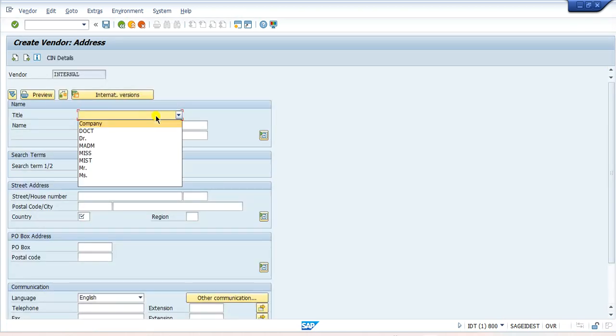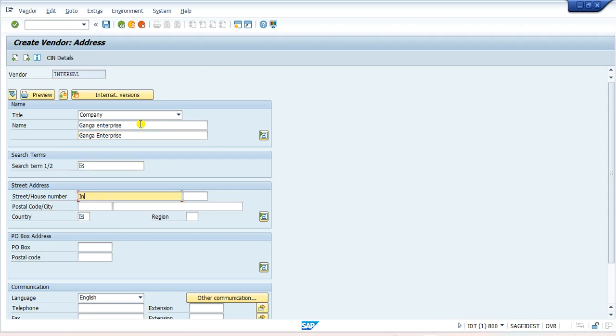Now we have to give a title for our vendor. Suppose it is a company, you can give its name, or you can give your own name over here. Ganga Enterprise, suppose. Okay, give your address, industrial area, give your pin code,